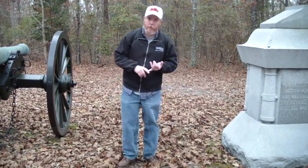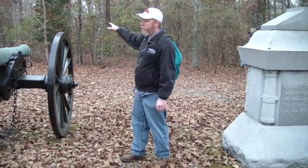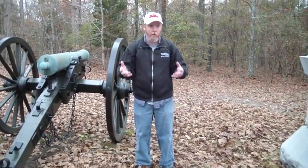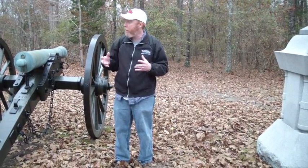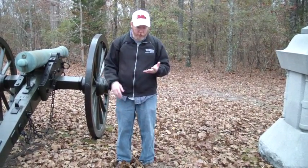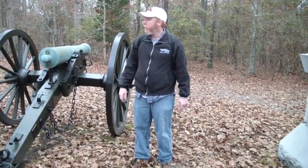This will bring in the purpose of Ruggles' battery, and I'm convinced that the purpose of Ruggles' battery is not necessarily anti-personnel, to drive the Union artillery out of the Hornet's Nest, or to drive the Union infantry out of the Hornet's Nest. It is more anti-artillery, counter-battery fire, to drive the artillery out of the Hornet's Nest. Because most of the Confederate officers, as they're riding, you know, Gibson and others, talking about attacking the Hornet's Nest,